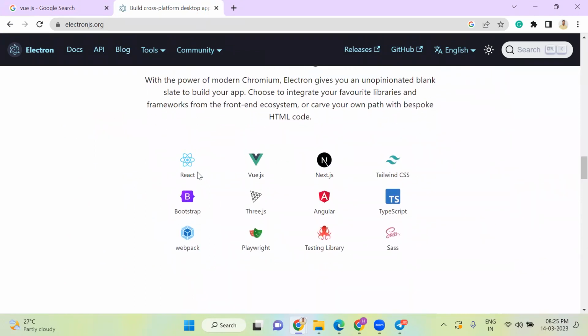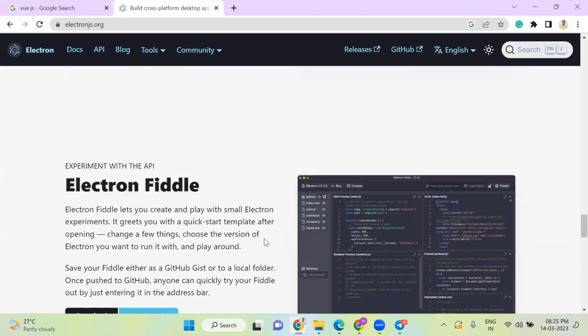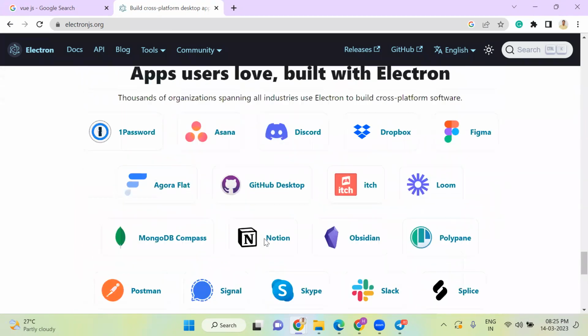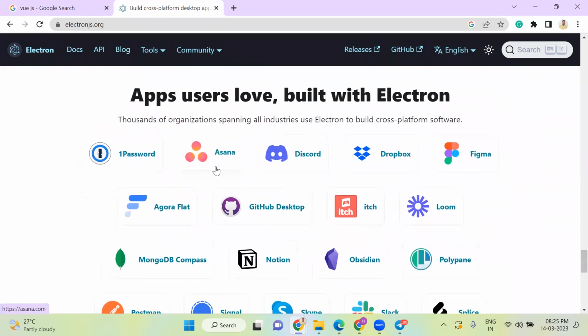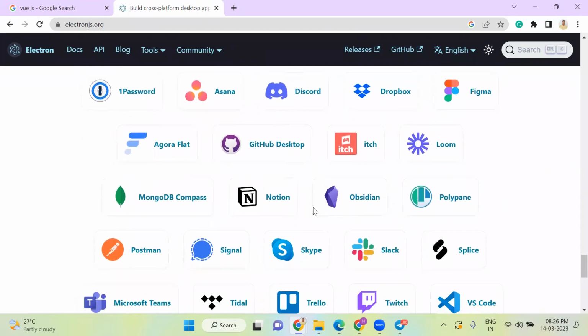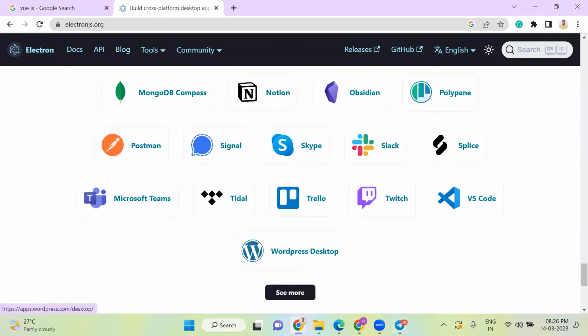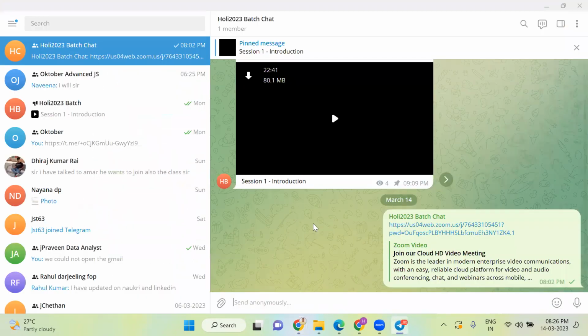In Electron.js, you can also make use of React, Vue, Next, and so on. See, all these desktop apps are developed using Electron.js. Even this Telegram that we are using here is actually developed using Electron.js.